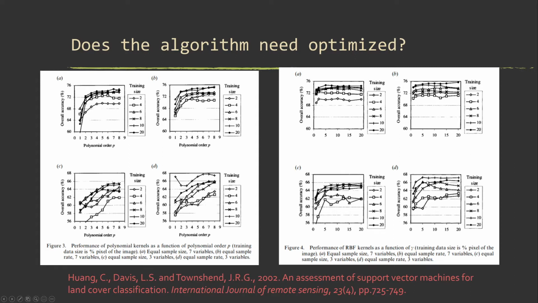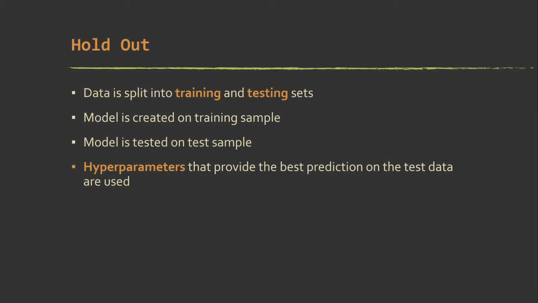Over here, we're looking at changing the, let's see, what is this? This is the gamma for the RBF, radial basis function. And it looks like it's less important than maybe the polynomial order in the case of using that kernel. In short, it's going to depend. So if you really want to be sure, the only thing you can really do is test some different parameters, as opposed to just using whatever the default settings are.